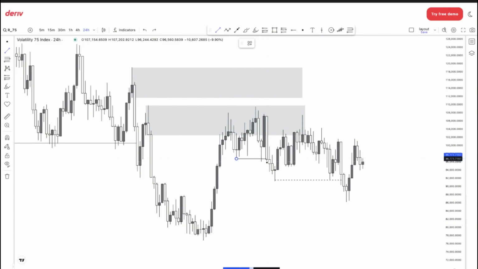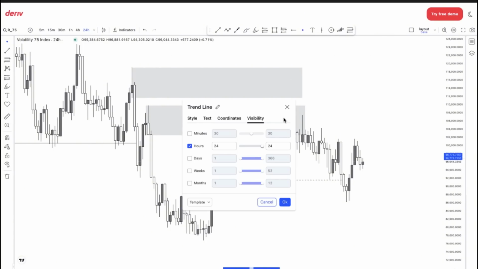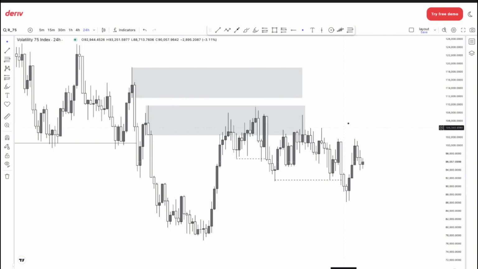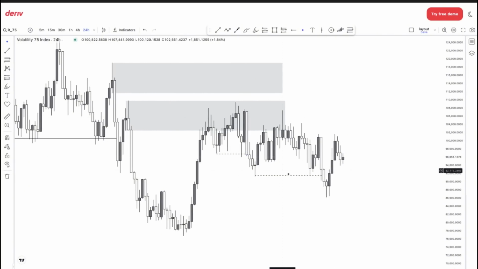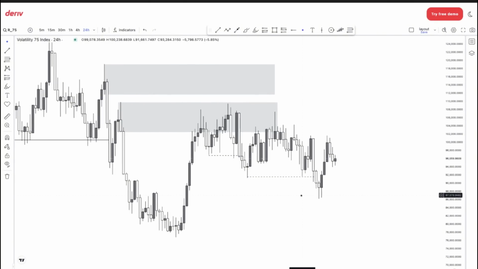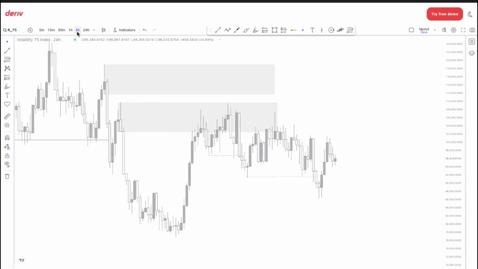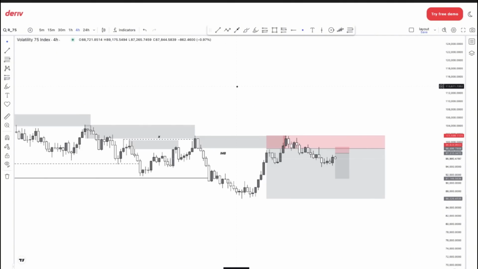Again, we created an internal break of structure around that area there, right? So as you can see, the internal structure is currently showing signs of being bearish. Now, the majority of the time, internal structure normally translates into swing structure on a lower time frame. Now, if we scale down to the 4-hour time frame,